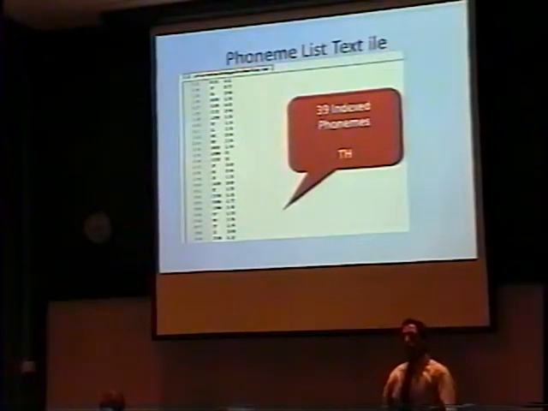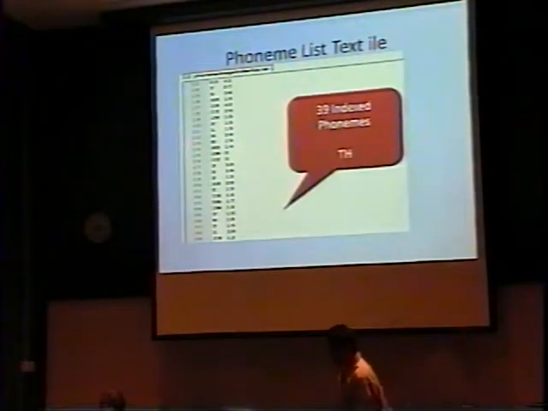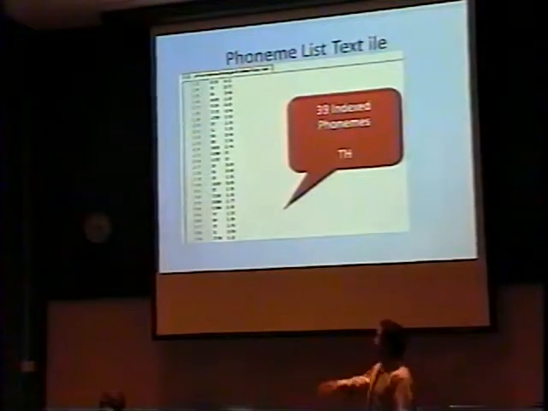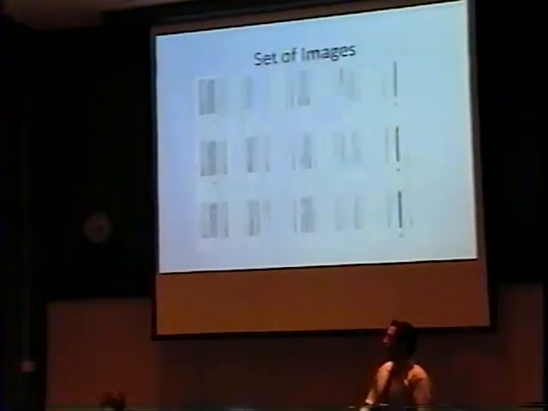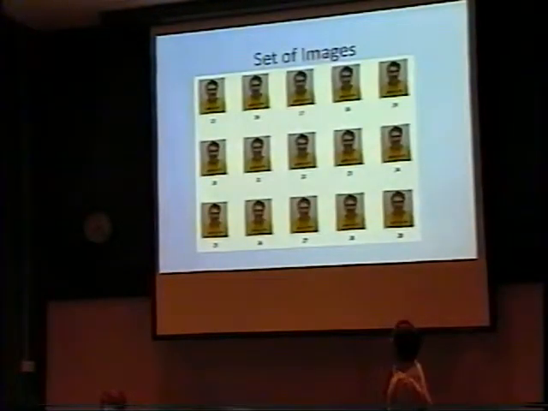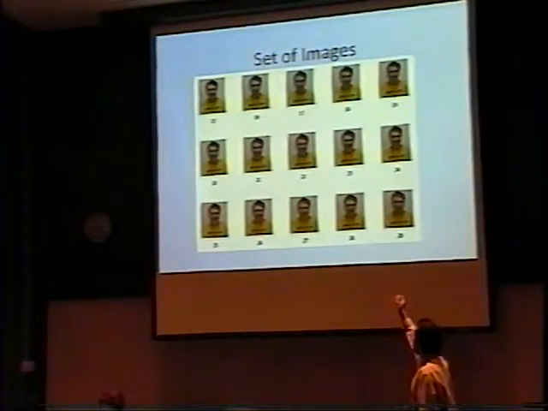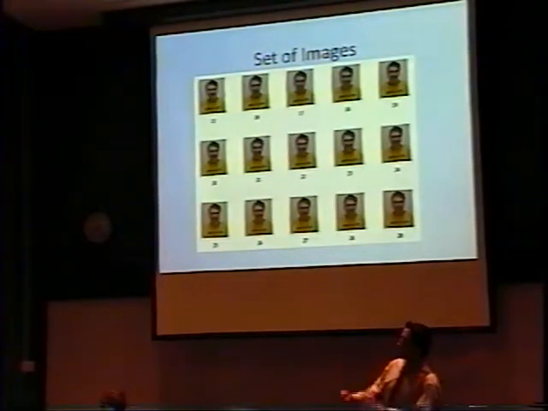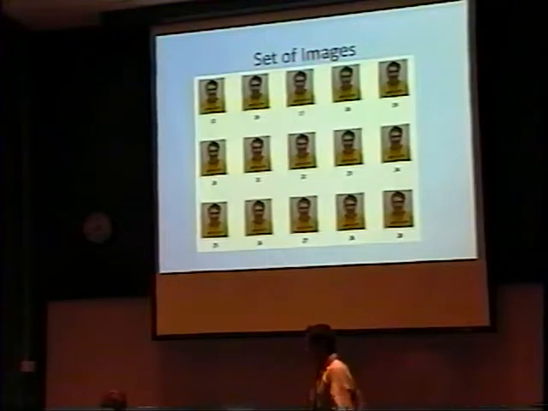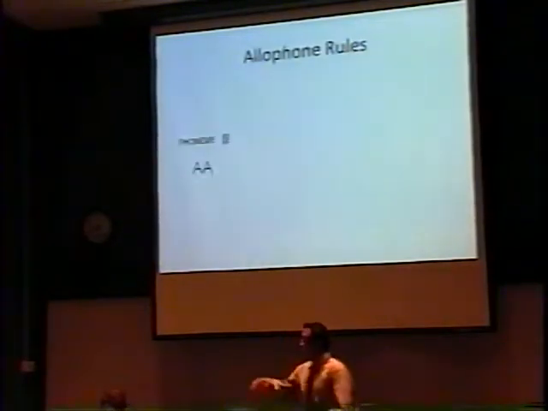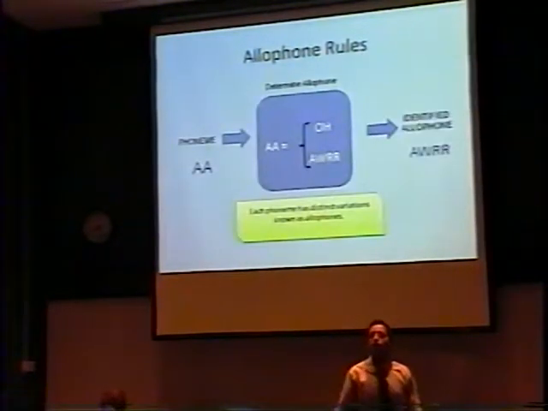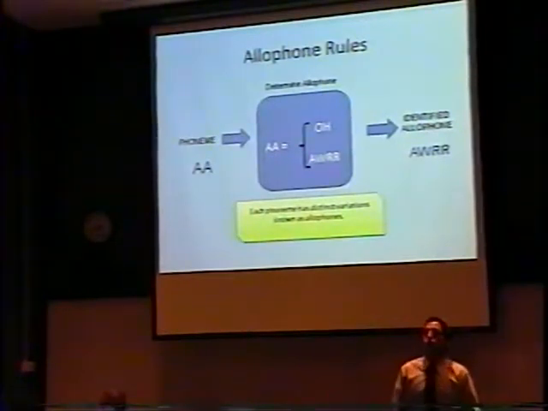That number represents the name on a collection set of files of pictures, I'm sorry. Those pictures are JPEGs, regular pictures, and they have Matthew's face on it, and they have a name and a number with it, and those are going to be linked now with the phonemes. Then after that, now we have a phoneme, and we have a picture associated with it. We go to the next step, which is to